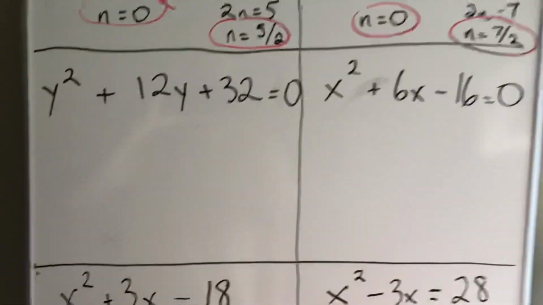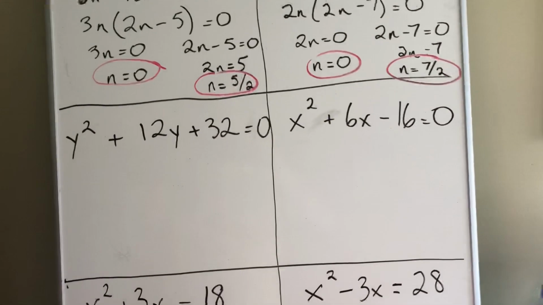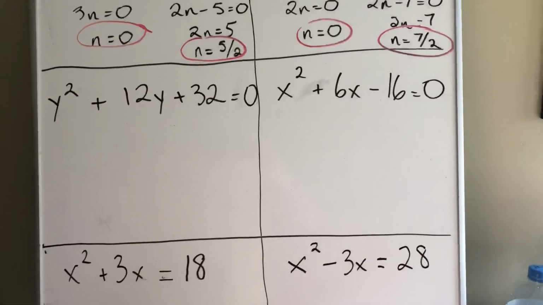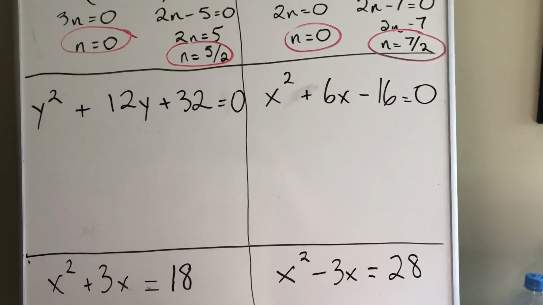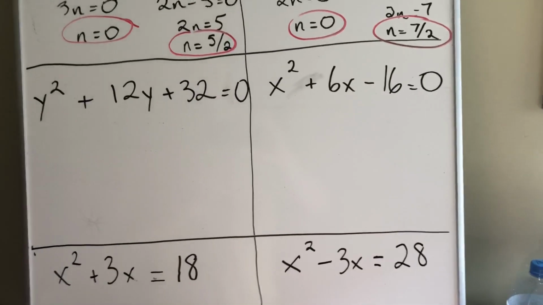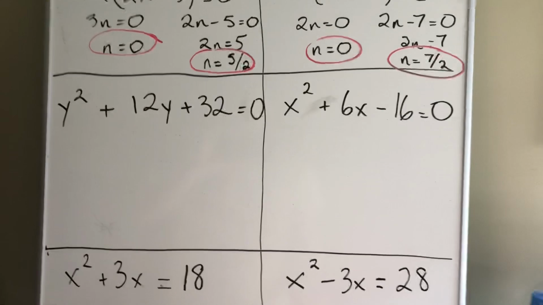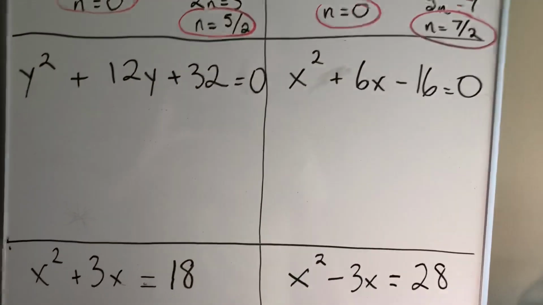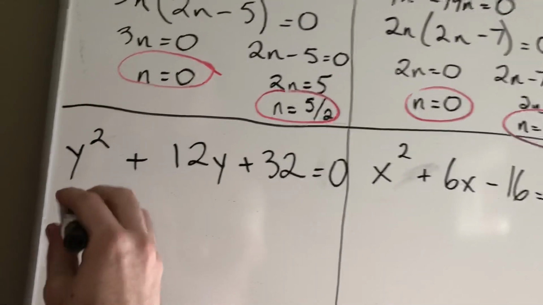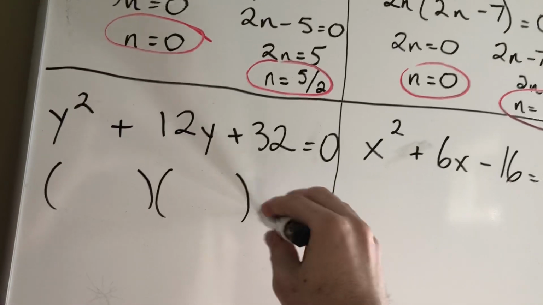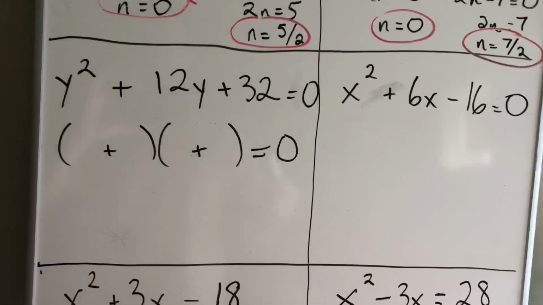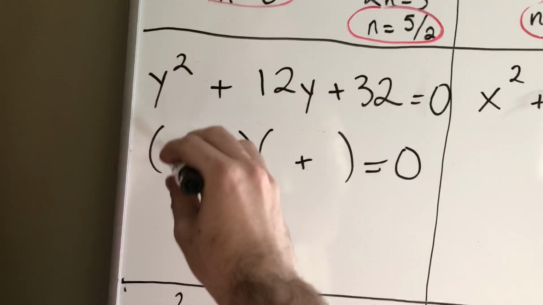Okay. A different kind of factoring. Let's look at y squared plus 12y plus 32 equals 0. You have learned this style of factoring, so it will require some retention from previous lessons on factoring. When you have a y squared term followed by a y term followed by a constant, we're going to attempt to factor this into two binomials. So remember, we're looking for factors of 32 that sum to 12. I see that I have positive signs in both cases, which I know means there's going to be plus. So factors of 32 that sum to 12, that's going to be 8 and 4. So it's y plus 8